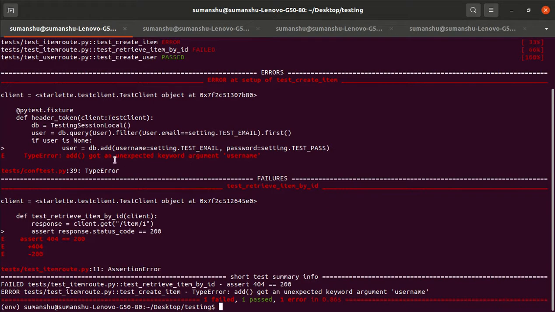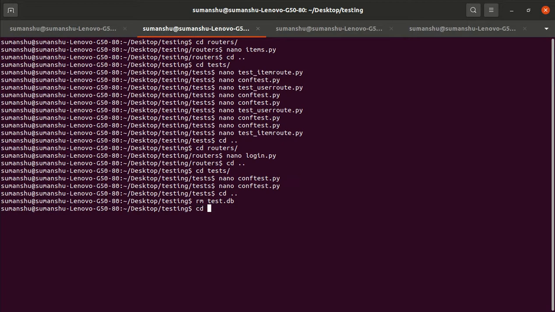User create pass. Okay, they told that username is an unexpected keyword. Okay, we have the email as a keyword. Shoot, so many mistakes.